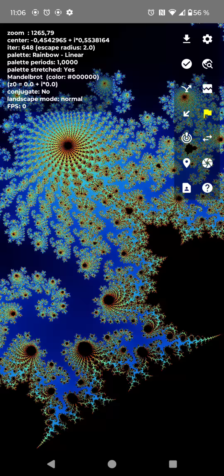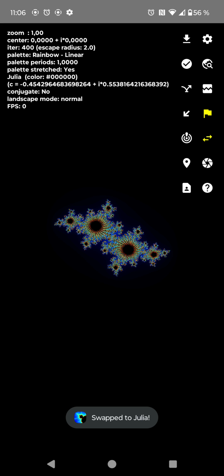So if I tap the double arrow now, then I switch from C space to Z0 space. And you might be familiar with what you're seeing here. It is a Julia set. And if you're wondering what Julia set it is, because there are infinitely many Julia sets, it's the Julia set for the C coordinate, which is the center coordinate of the scene from where we left off. So when I tapped the double arrow icon, two things happened. I changed from C space to Z0 space,